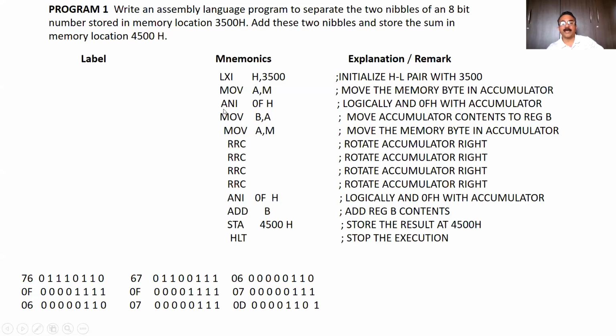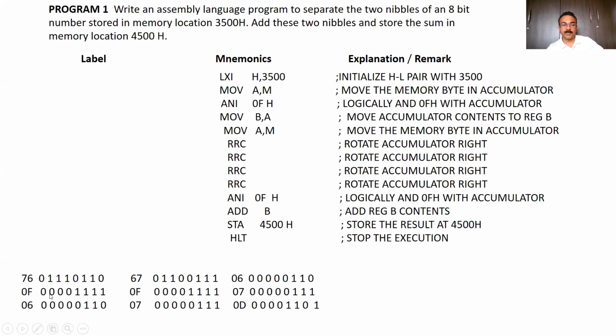Okay, and when we write ANI 0F, this is logical AND. So 0F is written as 0 and F. Again here 0 is expressed as a group of 4 bits, so 0000, and F is 1111. Now since this is an AND gate, we know that if any one input is low, then the output is low. If both the inputs are high, then only the output is high. So in the first case, 0 and 1, it is 0 because one input is 0. Second, both are high, so 1. Again 1. Again 0. And here all 4 zeros are there, so all are 0.